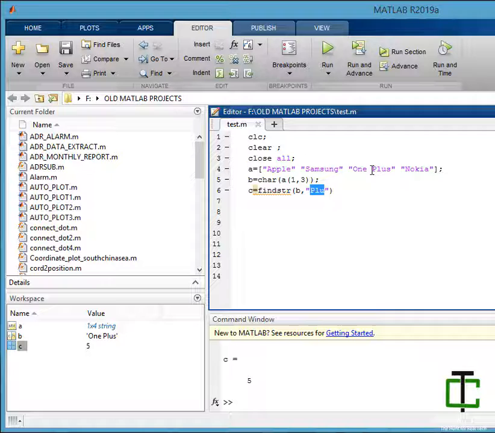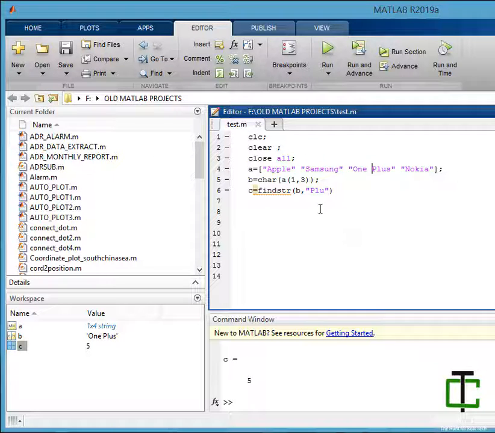It matches at this position, 5th. So this function returns where this set of characters starts matching inside our string. That is the 5th position. From the 5th position onwards it matches with PLU.